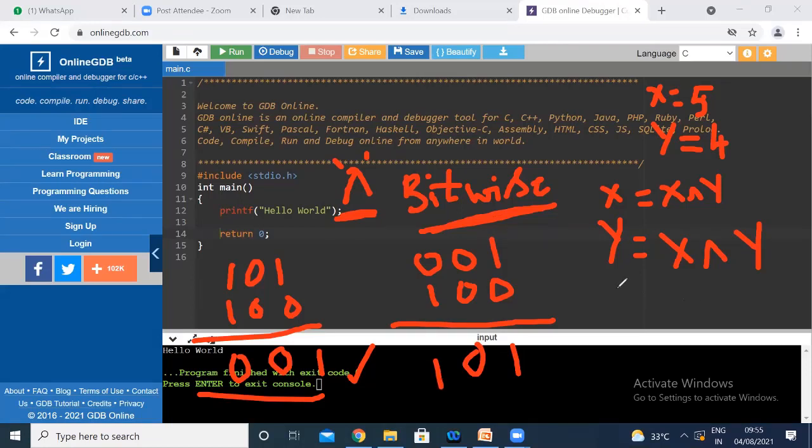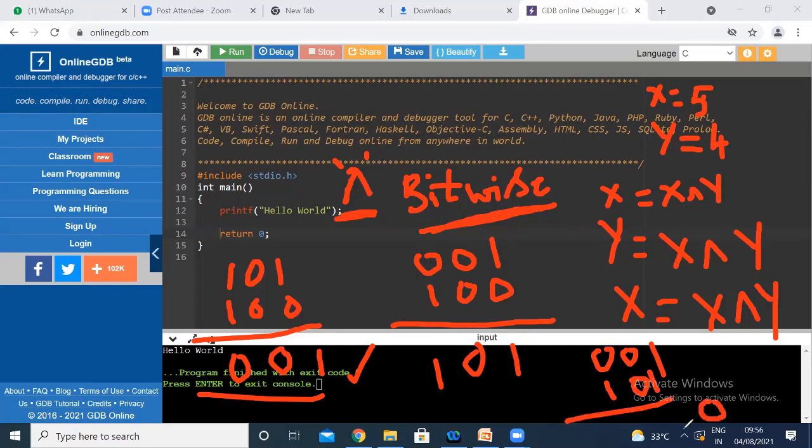Then I write x is equal to x exclusive OR y. Look clearly. The value of x you got is 001, and you are performing exclusive OR with 101. What is 1 XOR 1? 0. 0 XOR 0 is 0. 0 XOR 1 is 1.